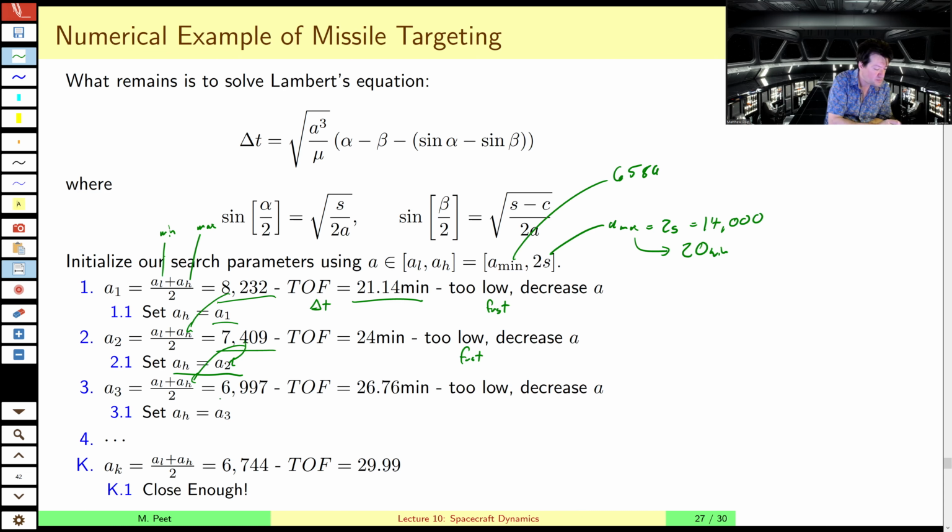So we've set our new max to be that, and we've got our new A. Find our new delta t. It's 26, still too fast. So we keep going, too fast, too fast, too fast. At about iteration, I don't know, 40 or 50 or something like that, we finally get a value of A